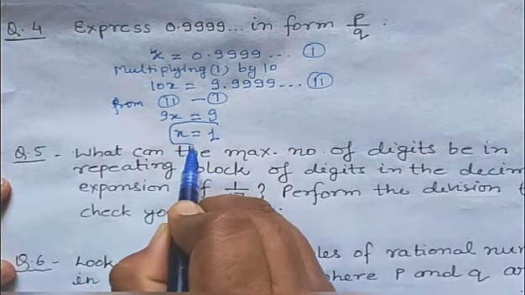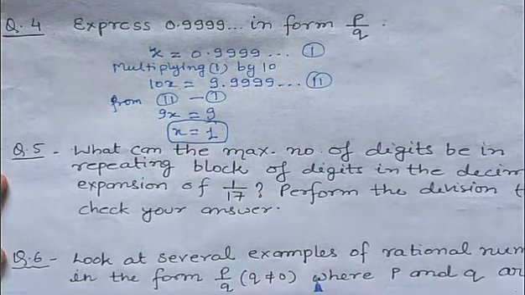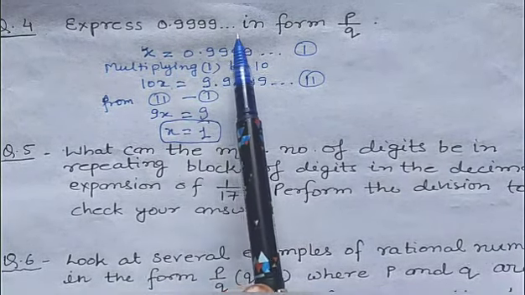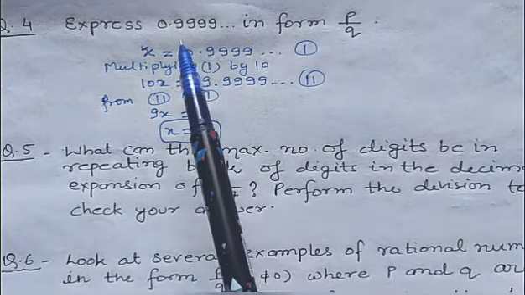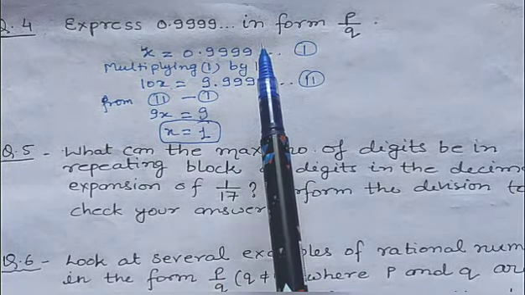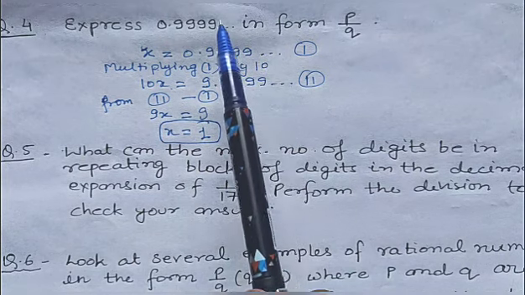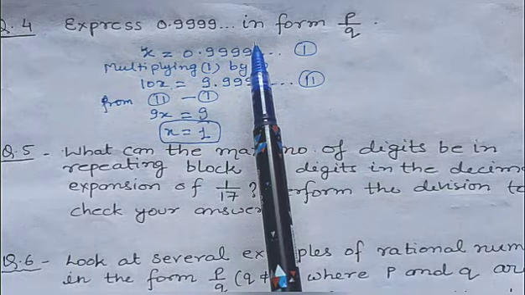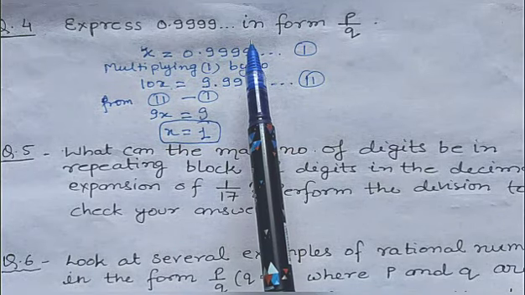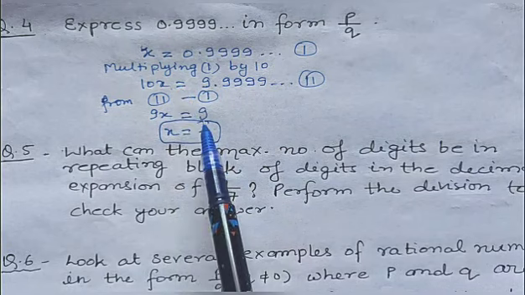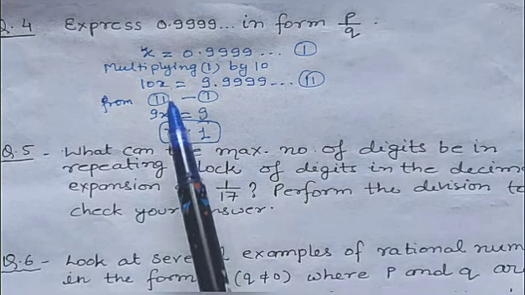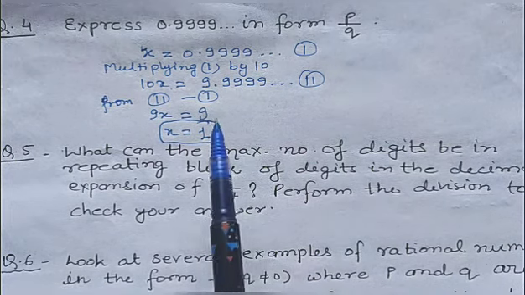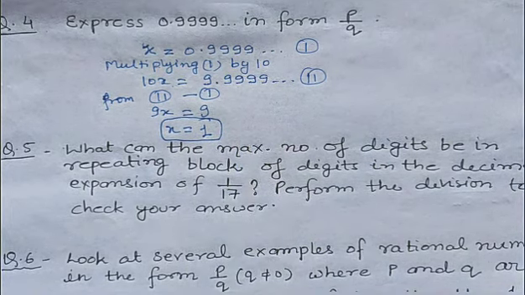1. See students, why are we getting 1 when the number was 0.99999? See, it was tending to 1. We cannot say that it is exactly equal to 1, but this decimal was tending to 1 and it was non-terminating. Okay, so it is tending to 1, so its value will be what? 1. If we change it into the form of p by q, then it is 1.